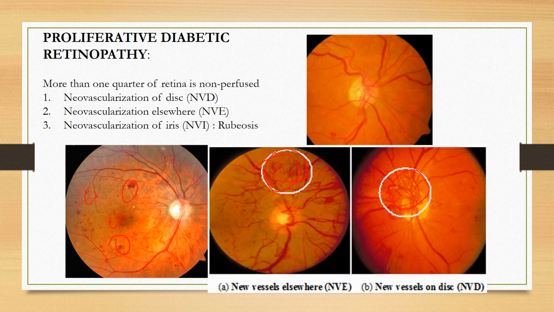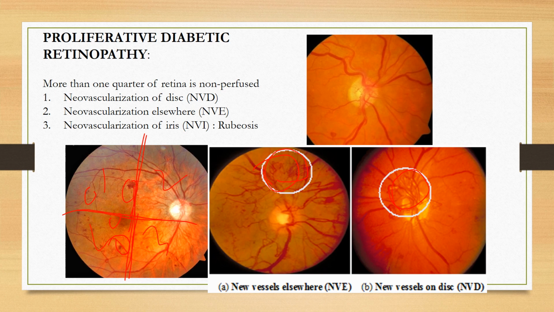Okay, so these are the major changes in case of proliferative diabetic retinopathy. How we are supposed to consider this is, always from the macula we divide the retina into 4 quadrants. So this is quadrant 1, 2, 3 and 4.